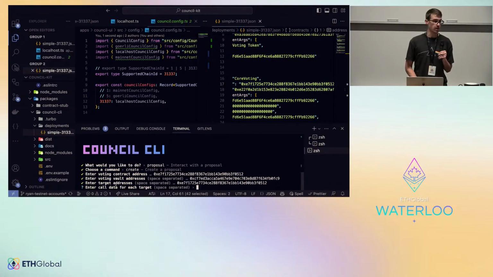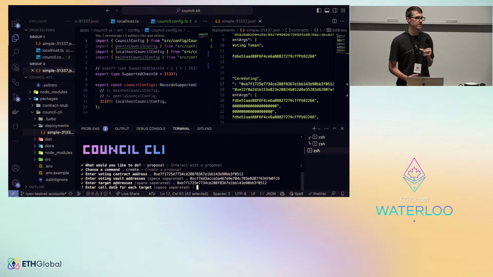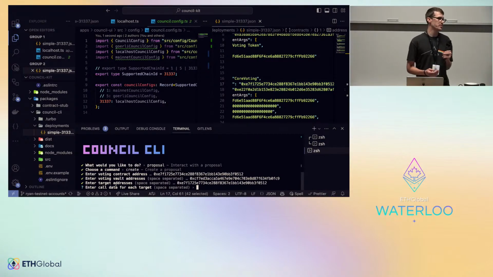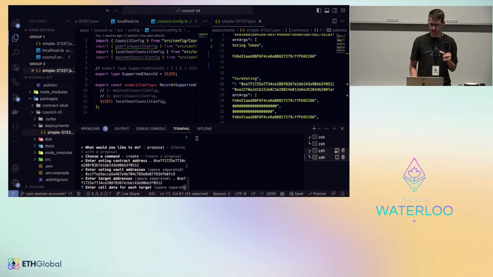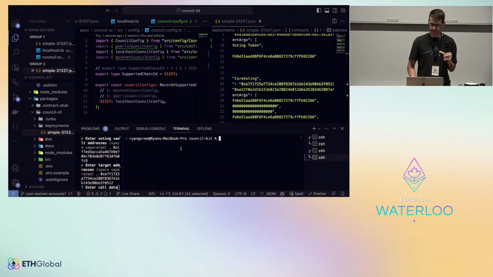And then we need some call data for this. This is the encoded function and arguments for this proposal that's going to get sent to that target contract. Creating this call data can be complex sometimes, but we've got your back with the CLI again here. So if I go back to that entry command again,